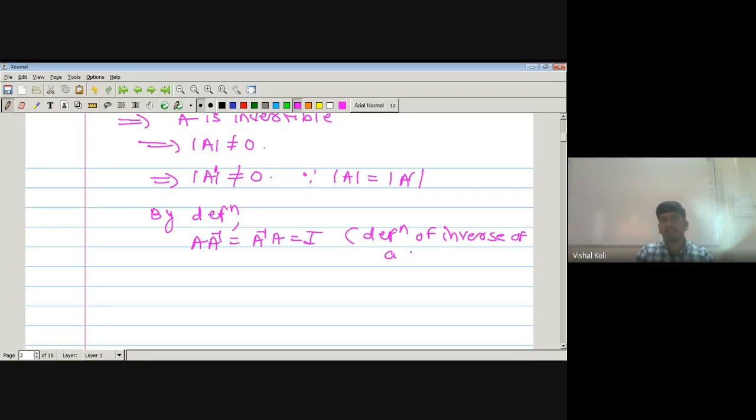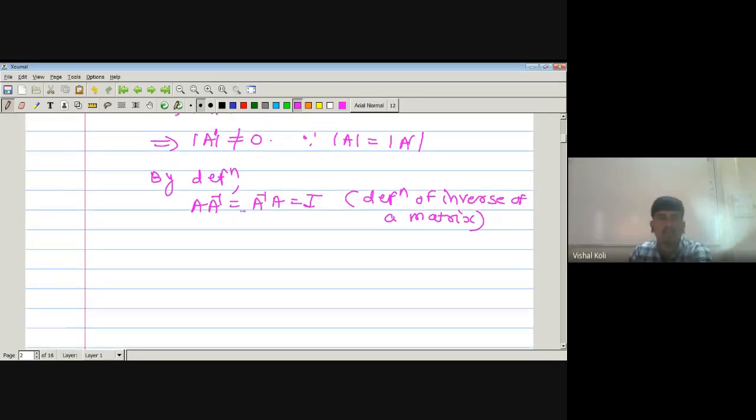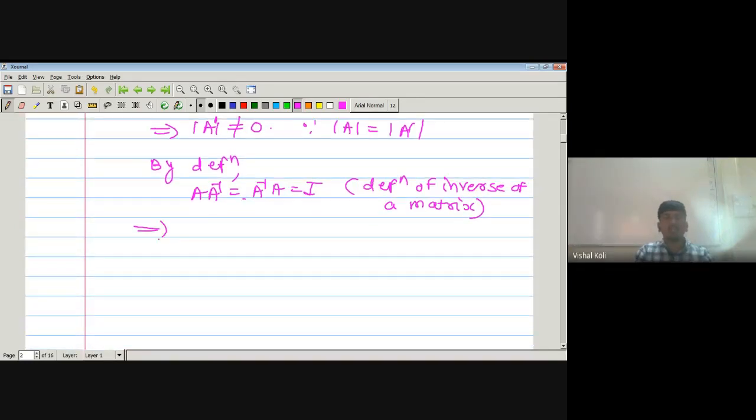Inverse of a matrix. Okay. Now, taking the transpose on each side of this equation, we get (A A inverse) transpose equal to (A inverse) transpose into A transpose equal to I transpose. Okay. And we know that (A B) transpose is nothing but B transpose into A transpose. So this one is nothing but